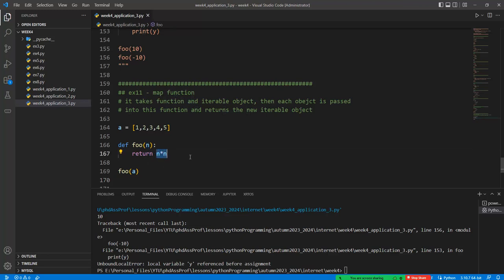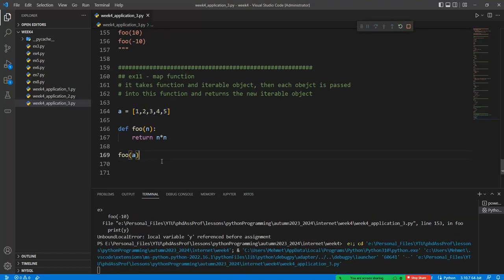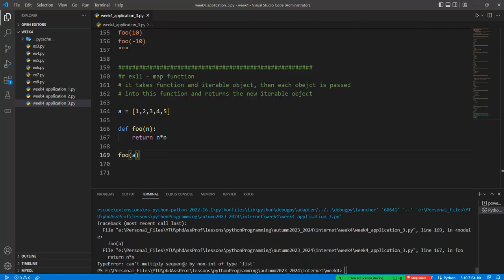multiplied with itself. But in order to do that, we should get the multiplication overload function in Python, especially for the list class. And so if I run this code, we will get an error, because can't multiply sequence by non-int of type list, which means that we don't have any operator overloading mechanism for this times or multiplication operator. But